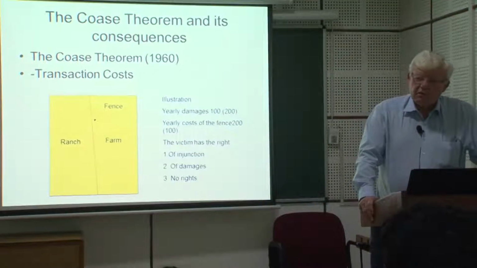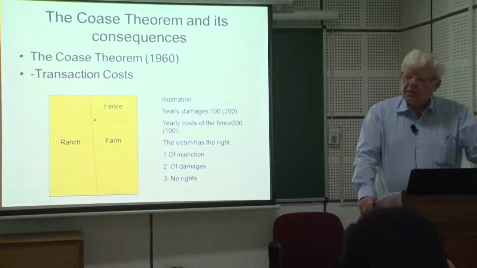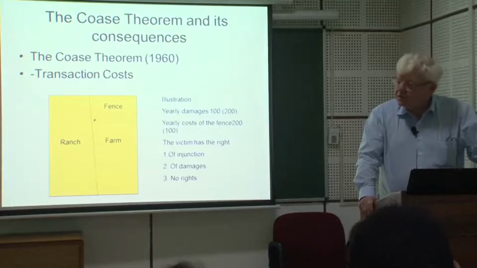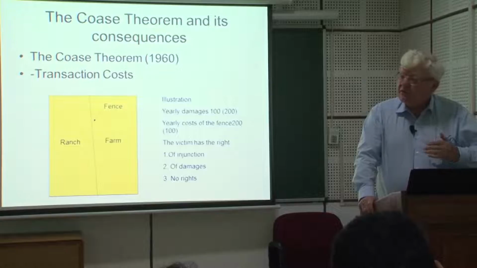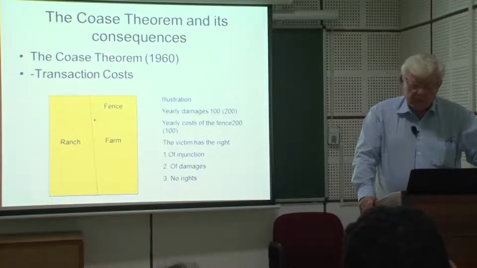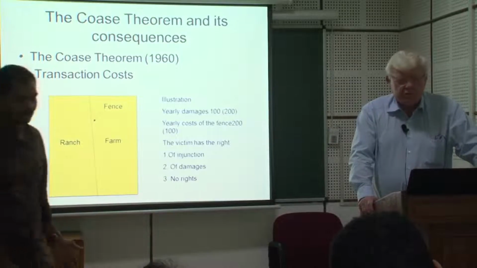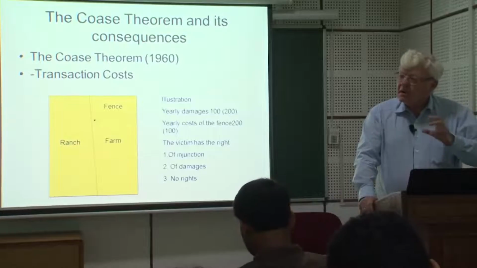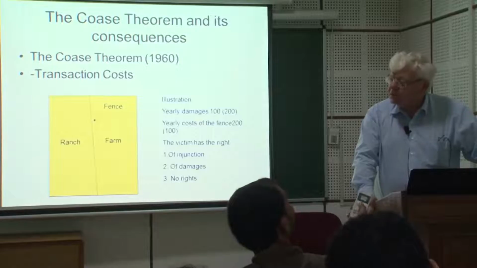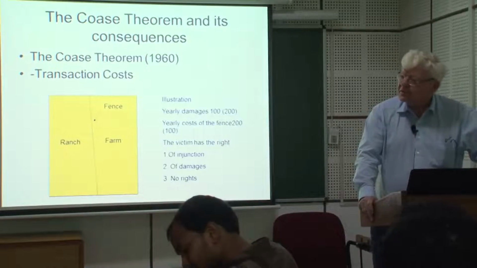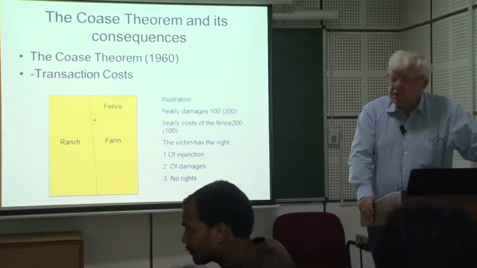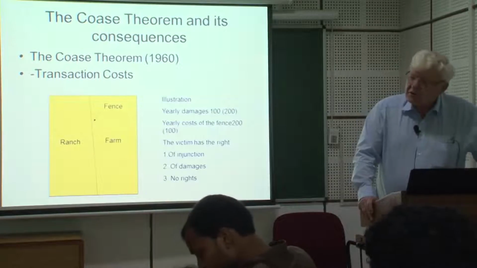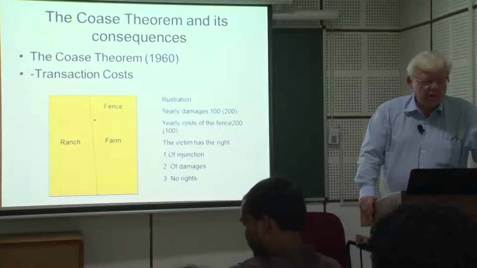I have told you that the Coase theorem aims at analyzing and finding out what allocative consequences a legal norm has if it is a default rule, if it is not a mandatory rule but a default rule. And the research strategy which Coase used for this was not to directly ask what the consequences are, but to describe a situation in which there are no consequences at all, at least not on the allocation of resources and on the efficiency of the resource allocation in the sense as we have discussed it. And he came then out with the proposition, which later became known as the Coase theorem, that